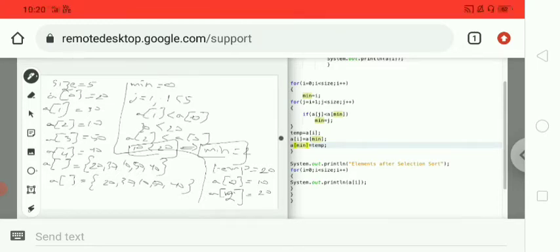So after swapping, the values 20, 30, 10, 50, 40 will be arranged as 10, 30, 20, 50 and 40. So here one iteration is finished.